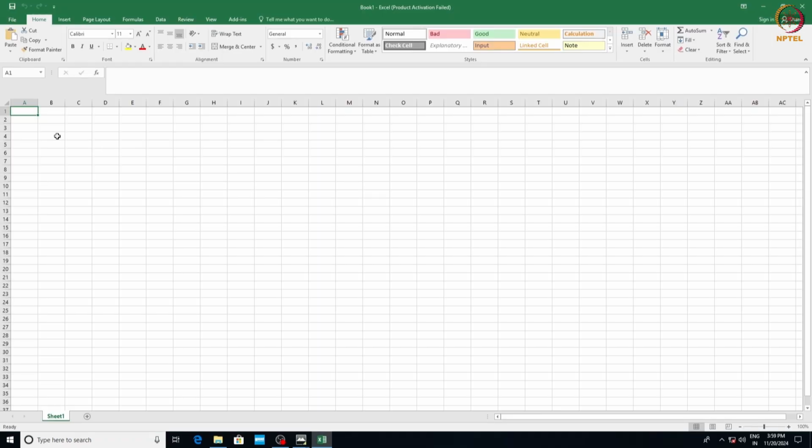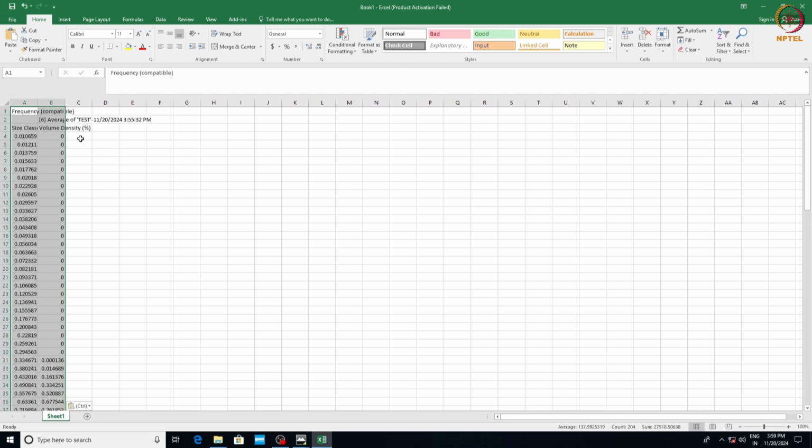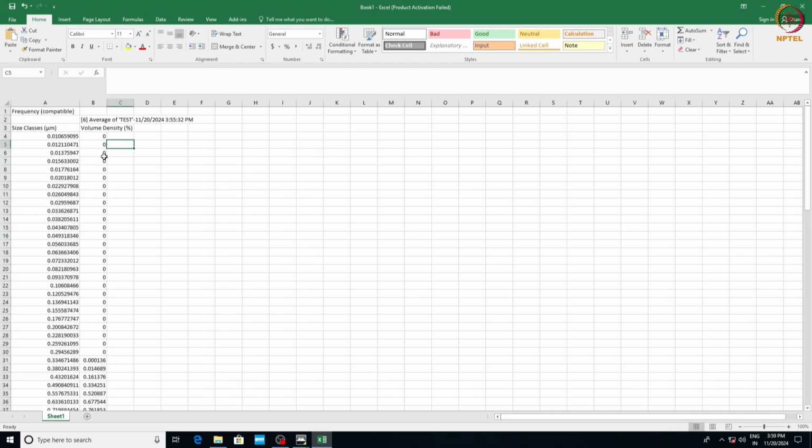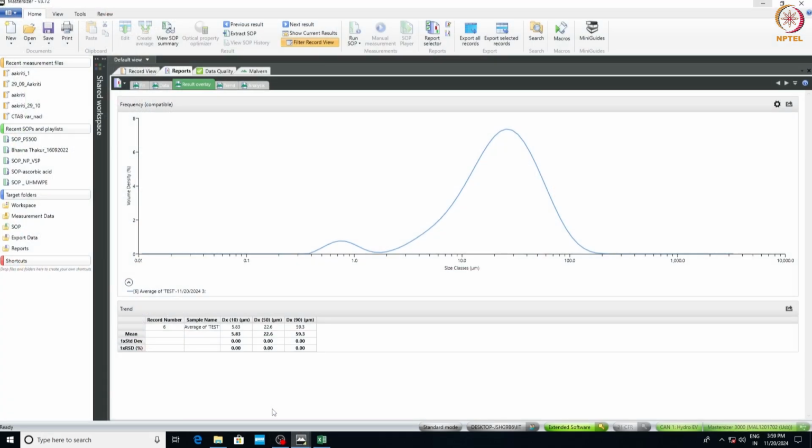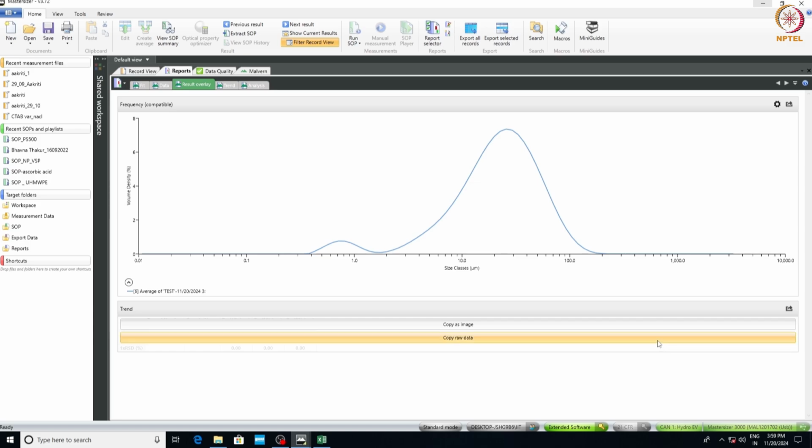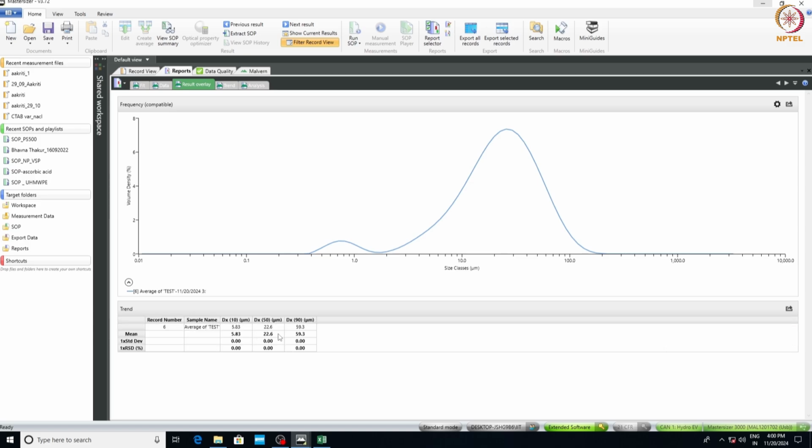So just paste it here and you will see the size values along with the corresponding volume density values. You can also export the data as well, including the D50 and D90 values and the graph.